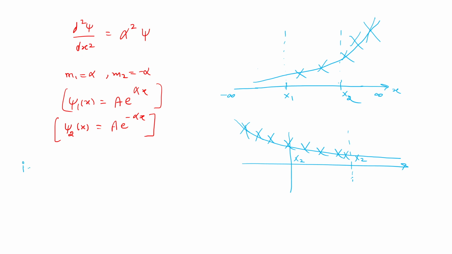So here we can conclude that psi 1x and psi 2x, both are diverging, this one here and this one on the other side. So psi 1 and psi 2 violate